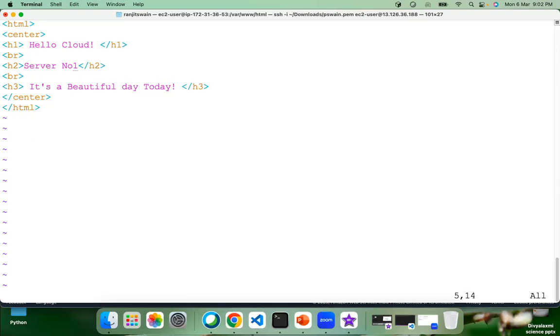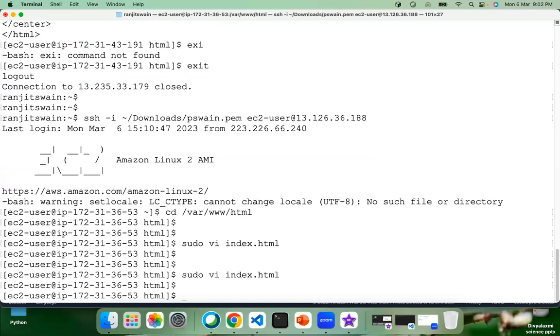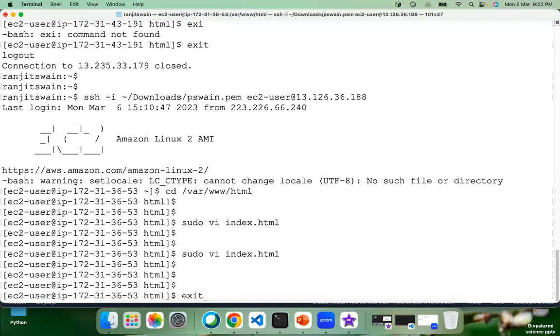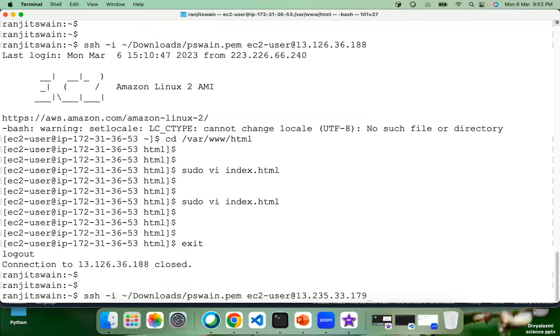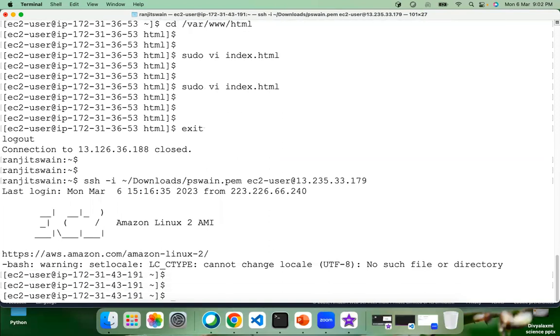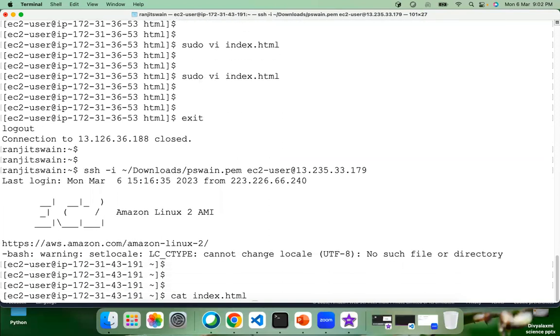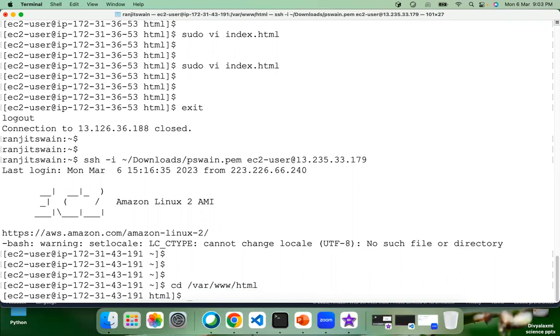Let's put server number 1. Let's save this one. Okay, let's exit out from this and log into our other server. Okay, and here change cd to /var/www/html, sudo vi